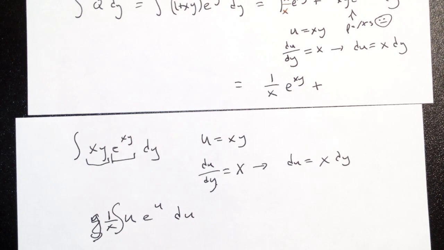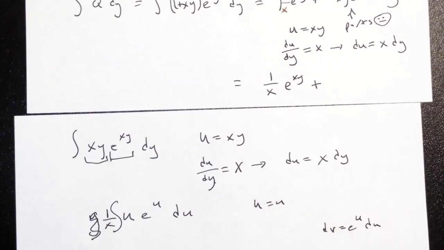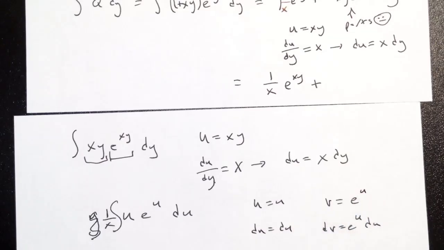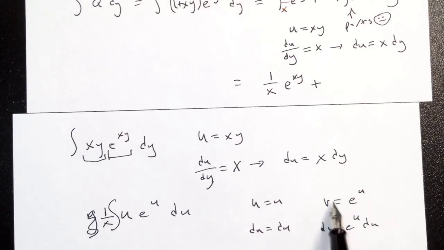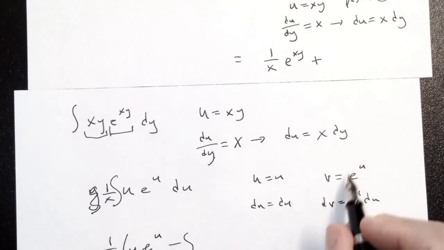Now I do integration by parts. What's the integration by parts trick? Oh, u equals u, dv equals e to the u du. If I did it as w, e to the w, I change letters, it doesn't really matter, does it? So I get uv minus the integral of v du,